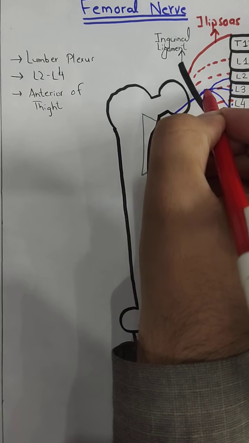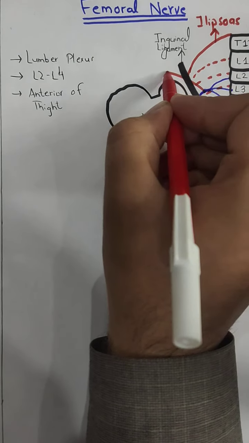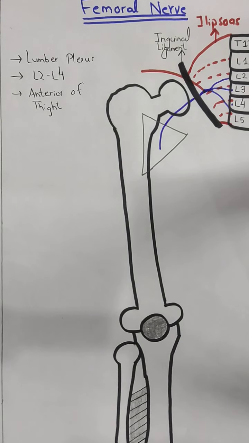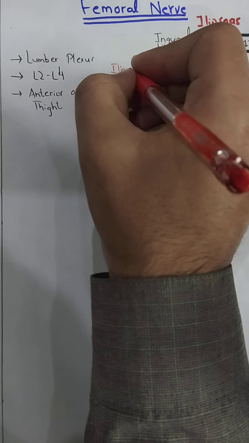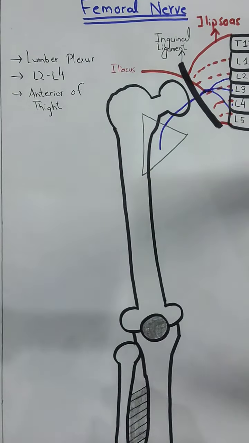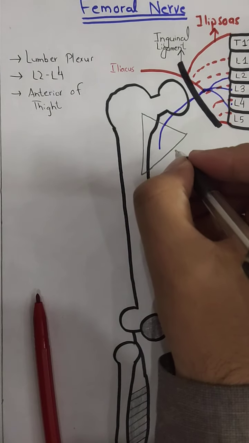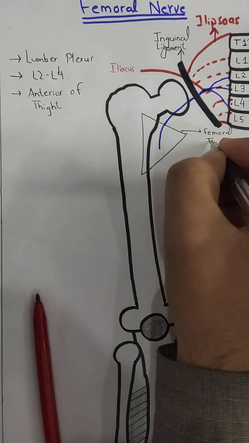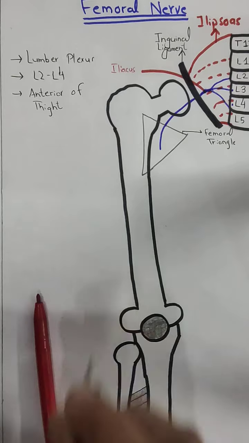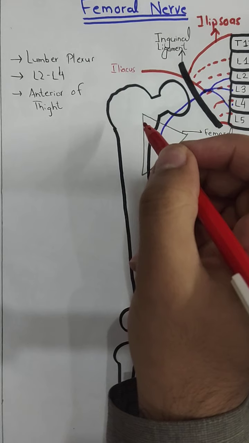Before crossing the inguinal ligament, it will give one muscular branch, and this muscular branch will be to the iliacus muscle. I will show the muscular branches in red color and the cutaneous branches in green color. Now this was the femoral triangle. We will first label it. This is the femoral triangle. Now in this femoral triangle, it will give the muscular innervation to the quadriceps muscles, which are the four muscles: